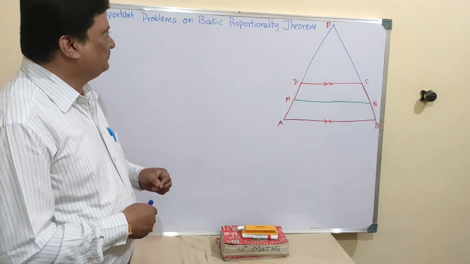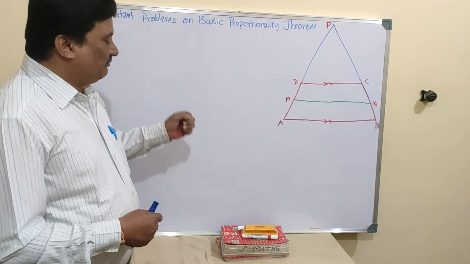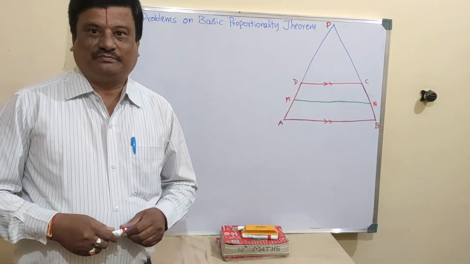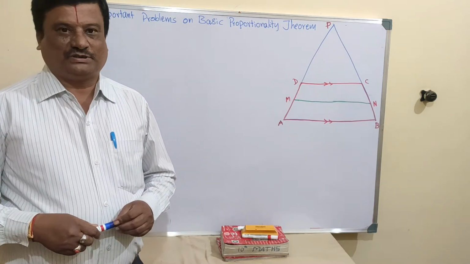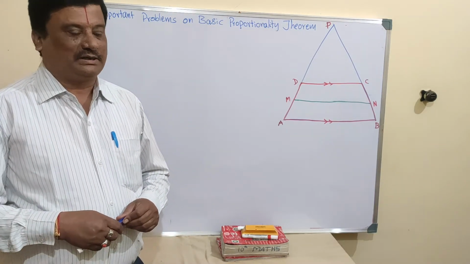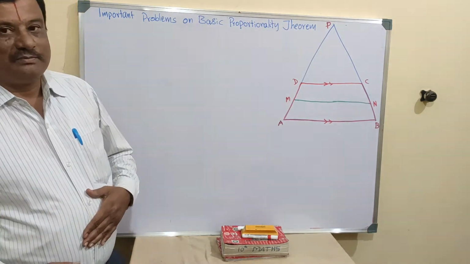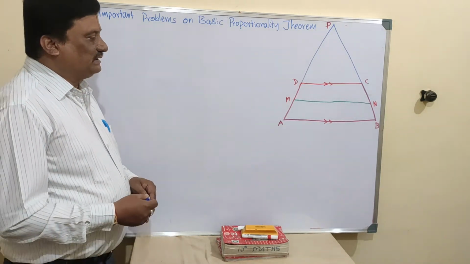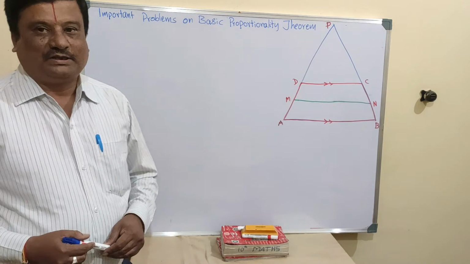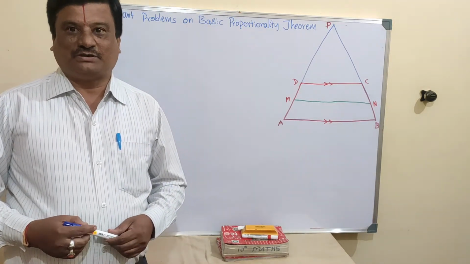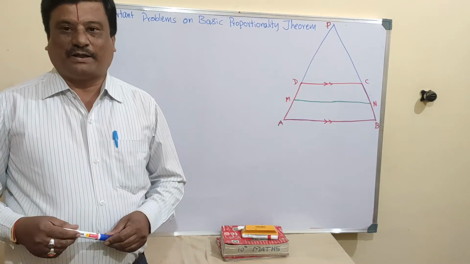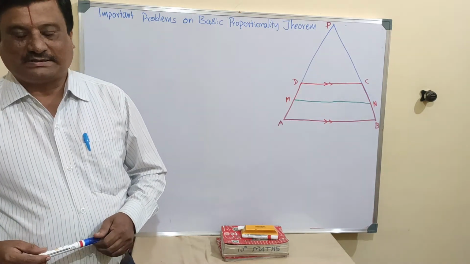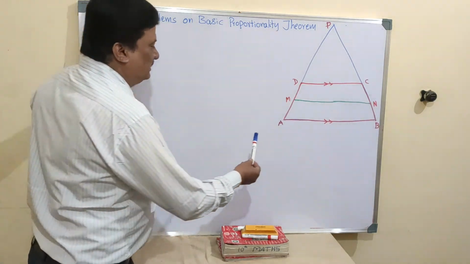This is the final important problem on basic proportionality theorem. It is very important, and the problem is that in a trapezium, the line joining the midpoints of non-parallel sides of a trapezium is parallel to the parallel sides. That is, in